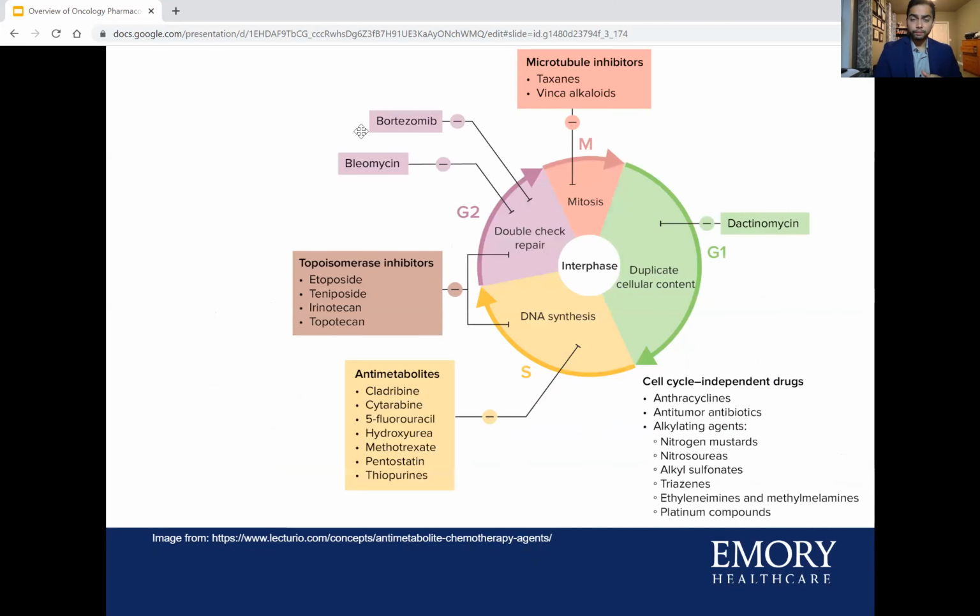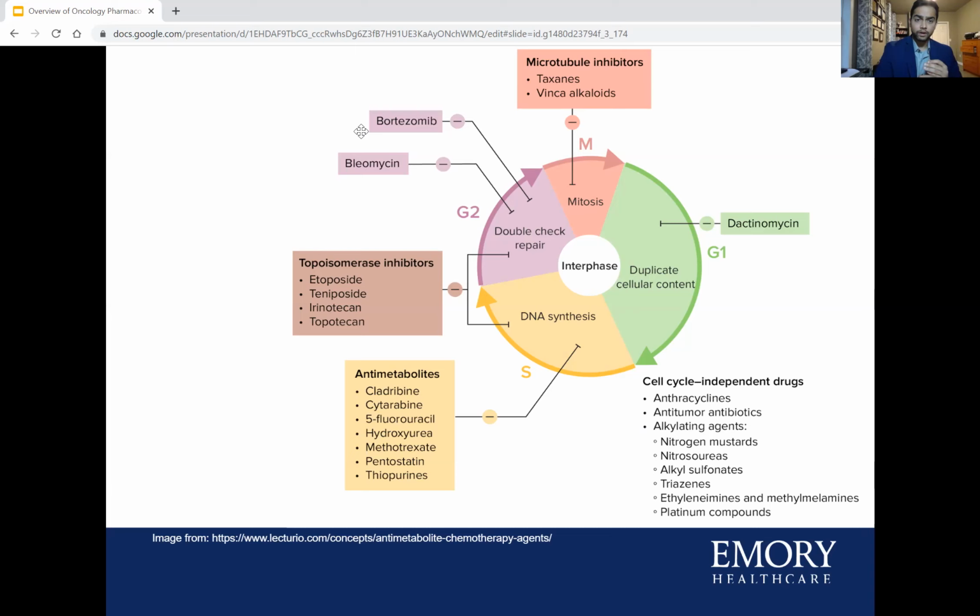So this is another depiction of the cell cycle, but this shows where the drugs work on it. So starting off on the green with G1, we see that actinomycin works on cells in that stage. And then going to the yellow with synthesis phase, we see our antimetabolites are very effective on that stage because that's when the DNA is made and replicated. And then you have topoisomerase inhibitors in the growth phase, which work on the enzymes